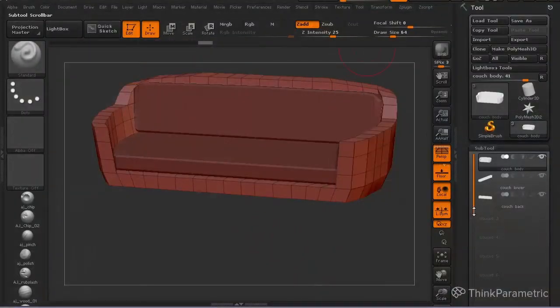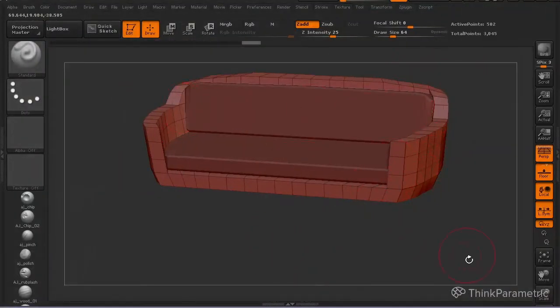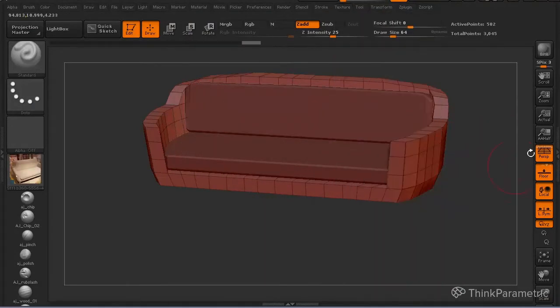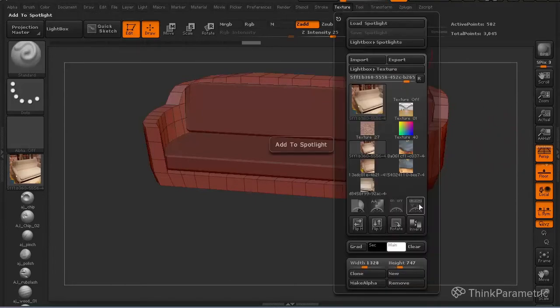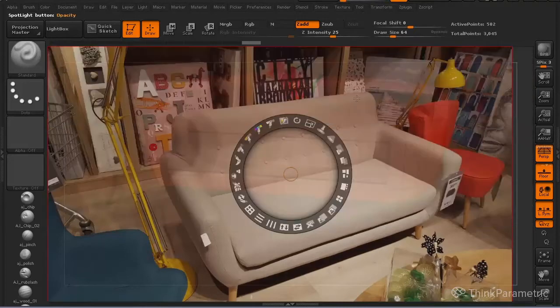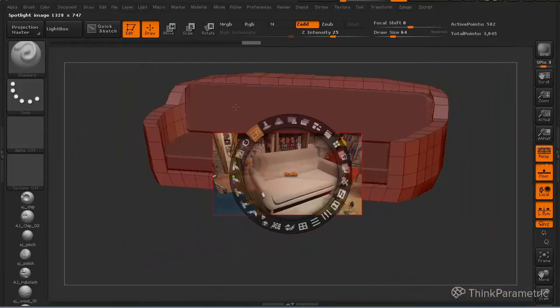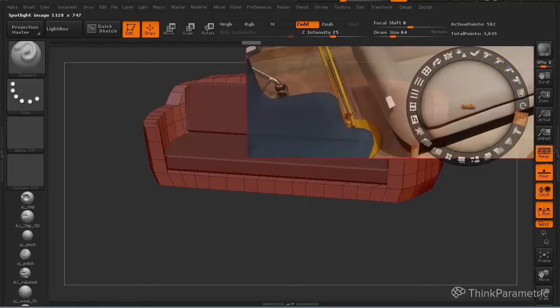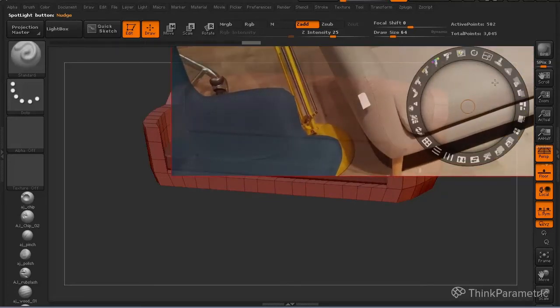Unfortunately, we don't have that much space in here to see. In order to use this in our canvas as a reference, we need to use the spotlight. What this allows us to do is import the texture here and put them as a reference that we can later scale up and see how it is.